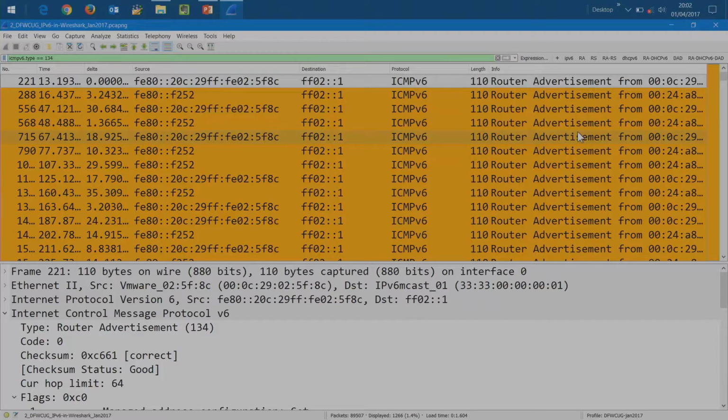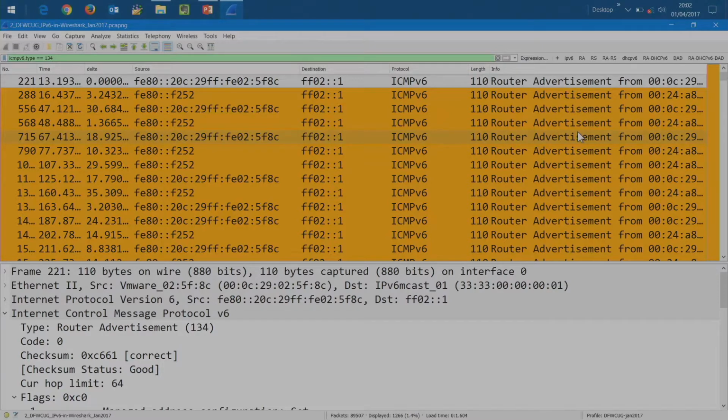And right off the bat, something just jumped out at me. Does anybody else see anything that might jump out all of a sudden? Looking at these router advertisements, do you see anything that might look odd? If I give you a hint, I only expect one IPv6 router on my network. Now, does that help you?